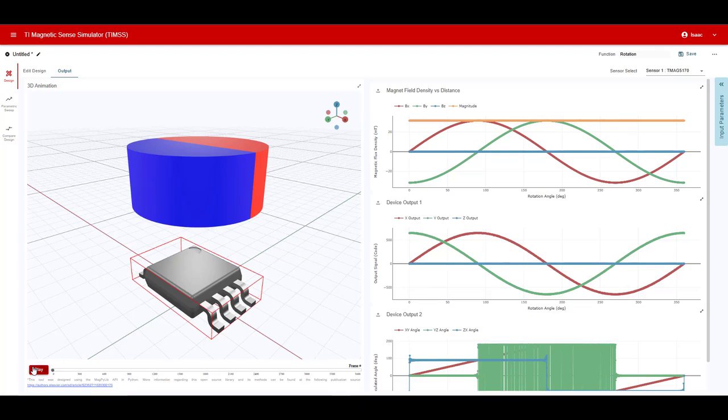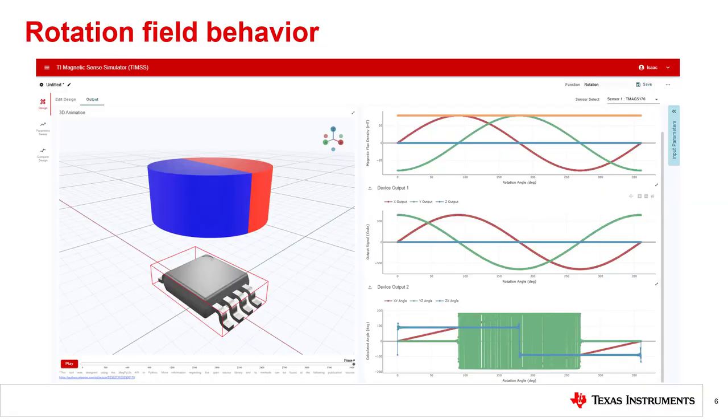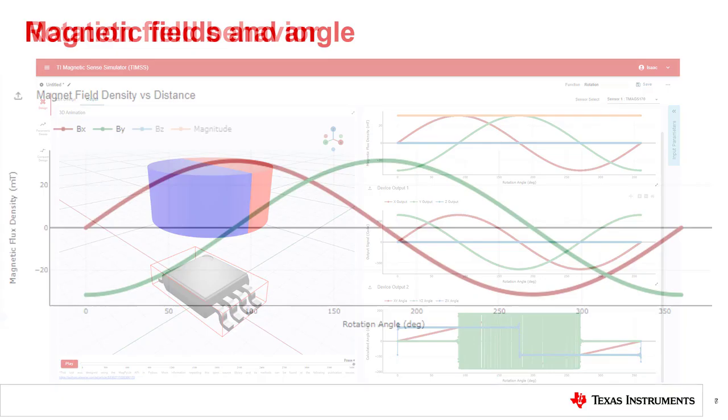When the simulation completes, we can observe the motion of the magnet about the z-axis by clicking play with the complete magnetic field information plotted on the right. We can see that the field for this type of motion has great amplitude matching between the x and y axis, which will typically help reduce the possibility of angle error during the motion. And we know that our sensor location and magnet are properly aligned since we do not see a sinusoidal change in the z-axis. When simulating rotation with 3D Hall effect sensors in TIMS, TIMS will yield a graph to display the angle generated by the device.